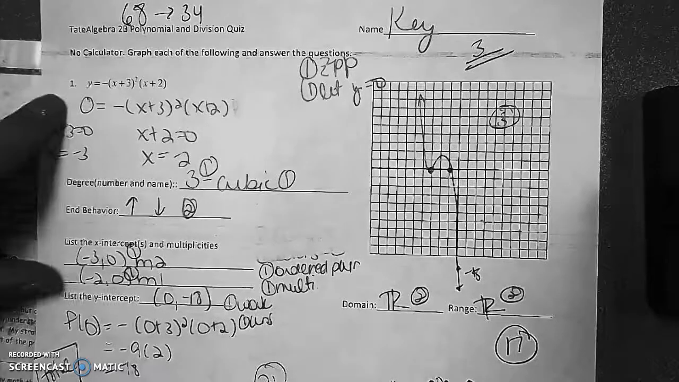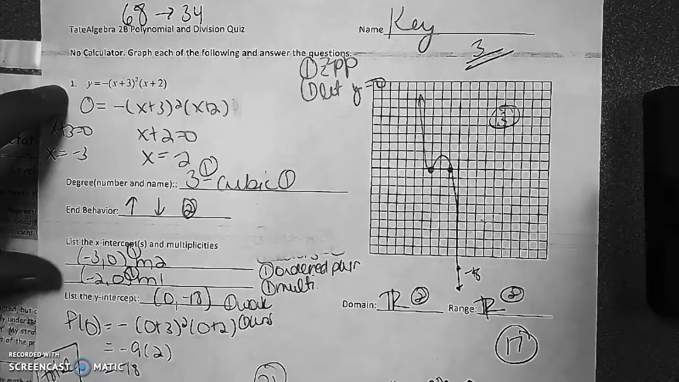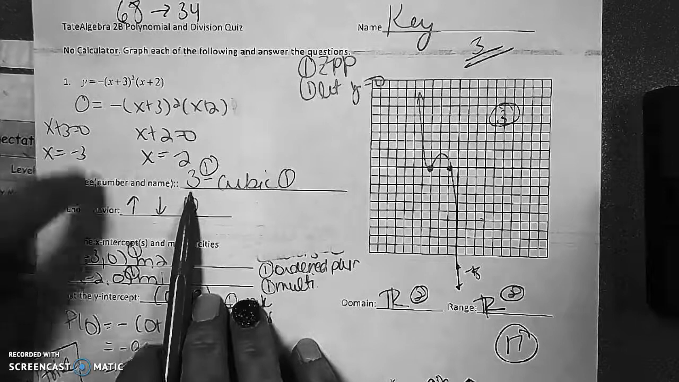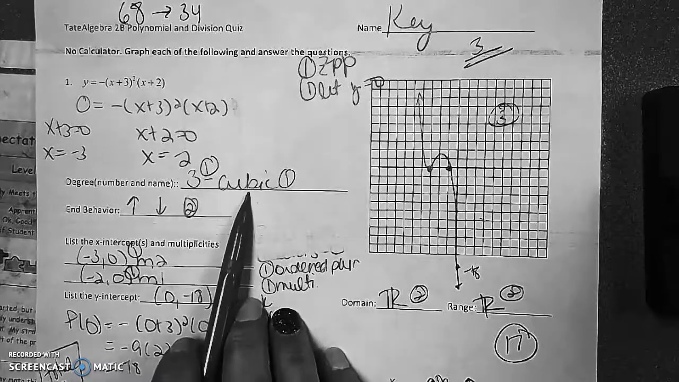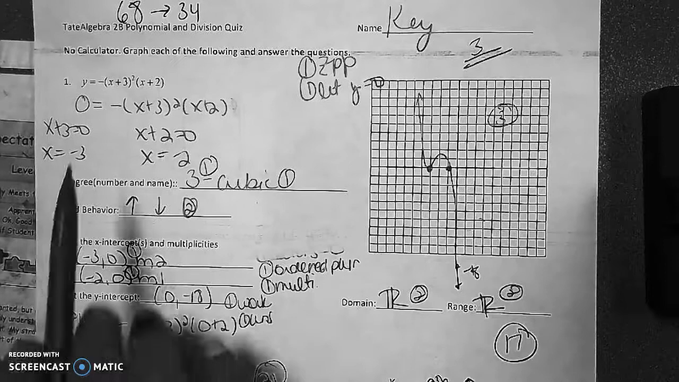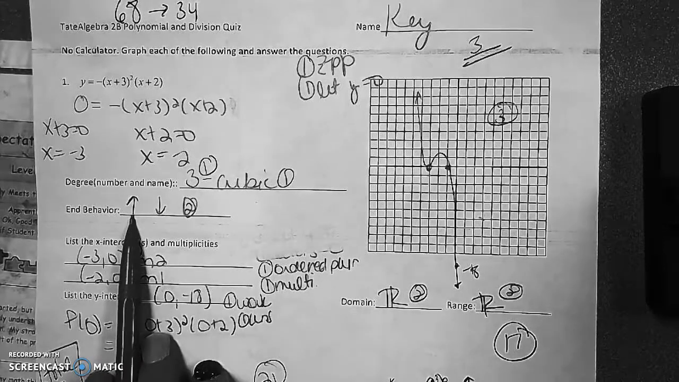So as I look at number one, a lot of the work in number one's been done for you. It has already been factored. So since it's already been factored, I can go straight to stating the degree. So I've got 1, 2, 3, which is a cubic. Since it's an odd degree, that tells me my end behavior will be in opposite directions. And notice there's a negative out front, so that means my end behavior will be up on the left, down